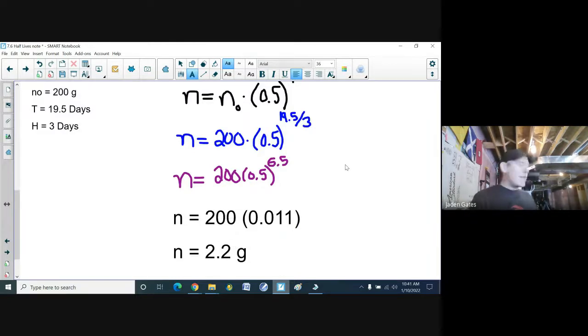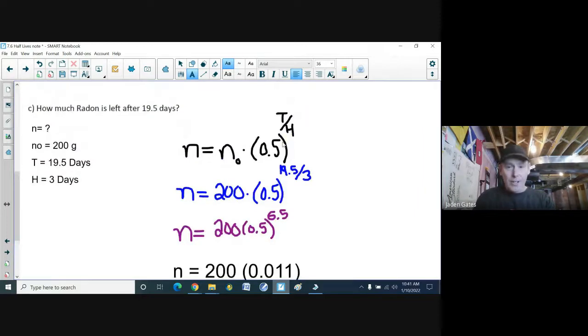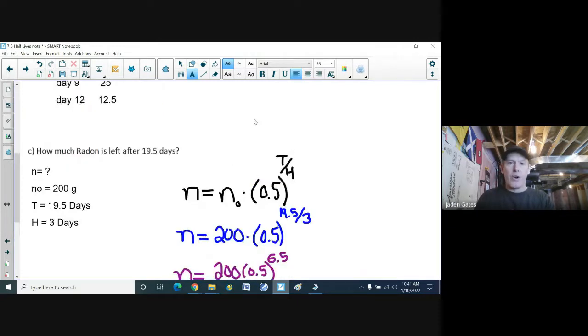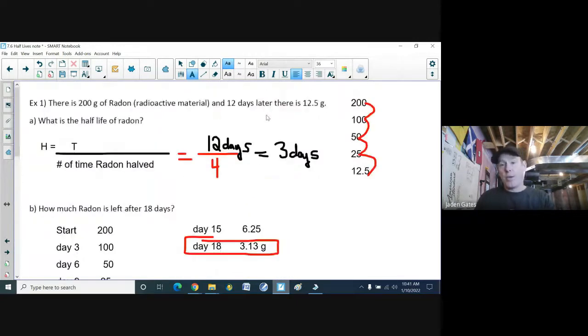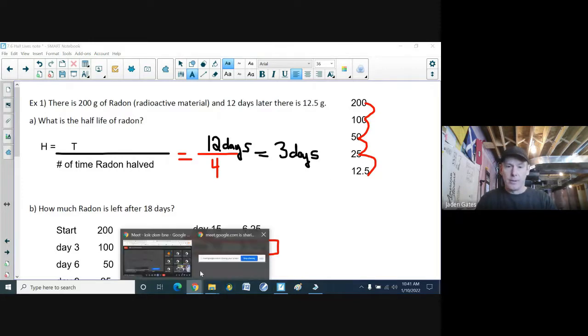So again, very similar to our doubling times formula. It works exactly the same way, except inside our brackets here we have a 0.5. But again, the formulas are much the same and work much the same, except when you're doing it the straightforward way, we are cutting in half rather than doubling. All right, so that is it for our